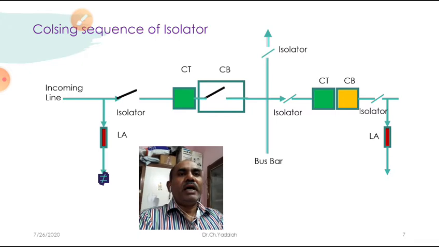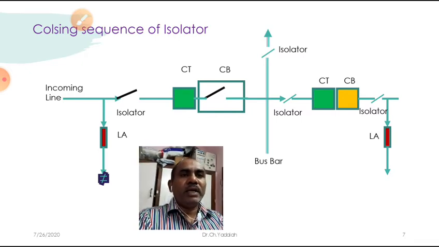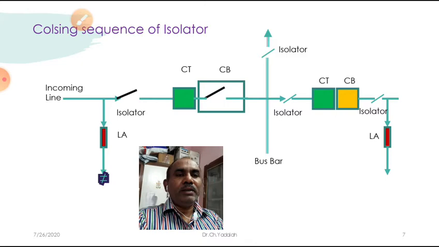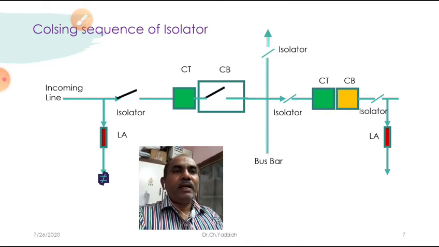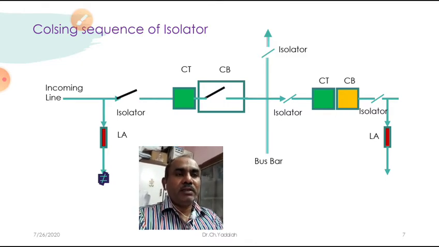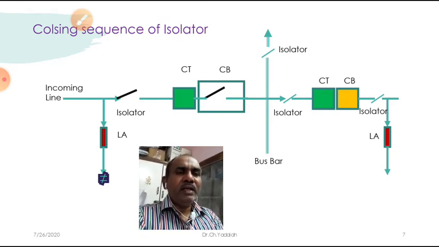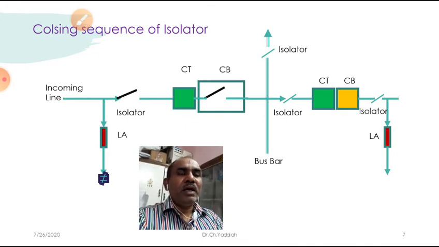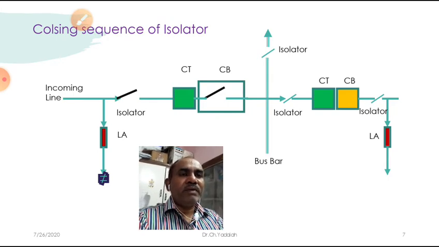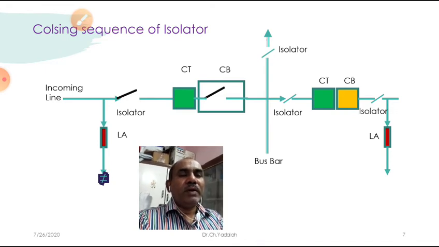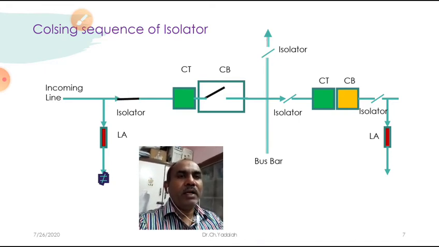Closing sequence of the isolator. Now both the isolator as well as the CB switch are open, no current is flowing, so everything is cleared. Line clear, LC, is also given back. Then I want to restore the supply. Then what should we do? Whether I close the isolator or the CB. In this case, compared to the previous case, we have to do the reverse operation. Firstly, I have to close the isolator. Now I close the isolator.